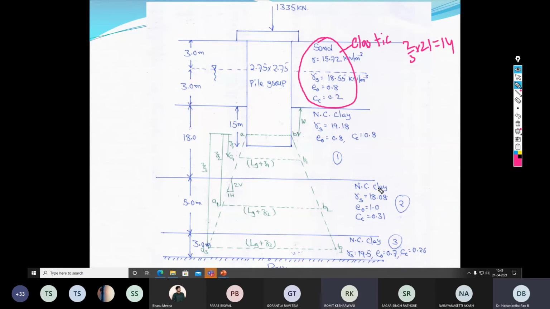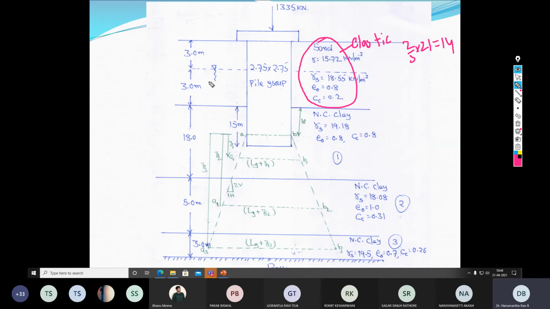And sir, how to consider, when the sand layer is at the middle, like first 18 meter clay layer is there, then 6 meter. Oh, in that case, then you have to take 2/3 only. Okay, sir. Then we have to consider only for clay, up to what depth the clay. Yeah. In fact, it's a very good question. Now I think everybody can understand.